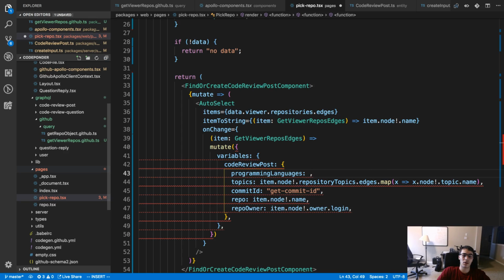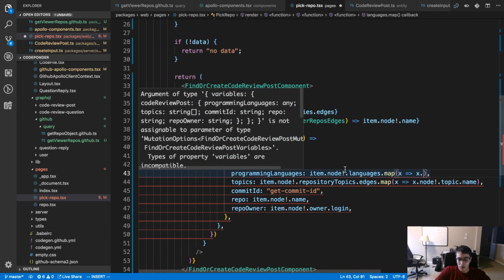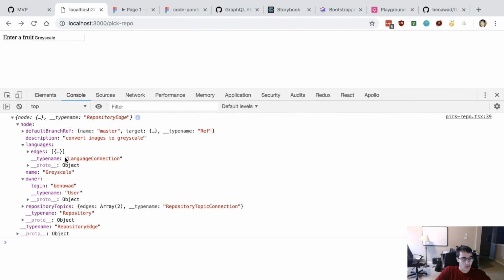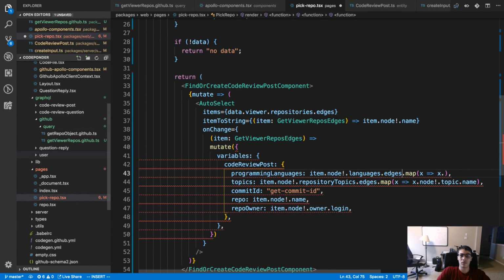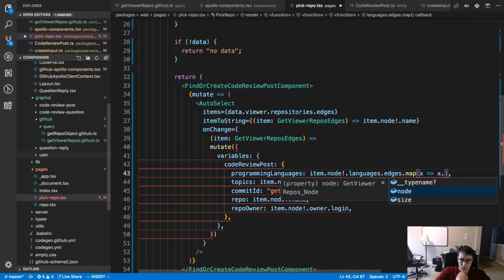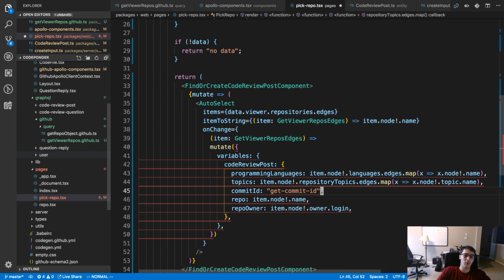Programming languages, it's going to be languages.edges. For now, I don't think we care about the color. Maybe we want to match the color with GitHub at some point.